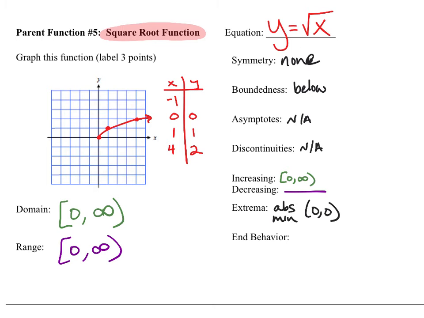Our end behavior is very, very interesting here. Don't try to get ahead of me. And I'm actually going to do these out of order. So I'm going to do the limit on the positive side to positive infinity first because that part's easy. It's going to infinity. Piece of cake. The end behavior for this one,